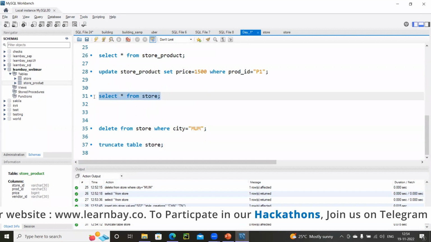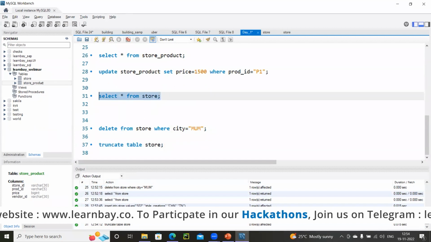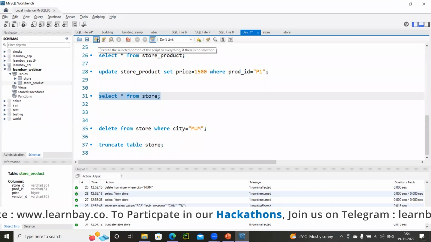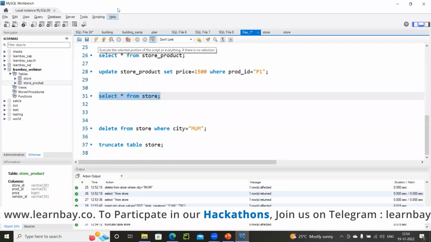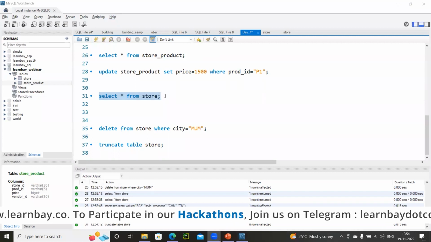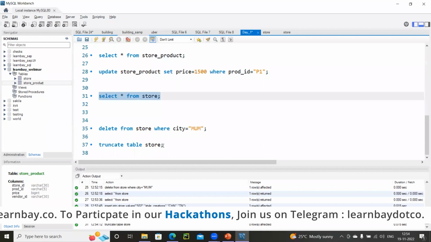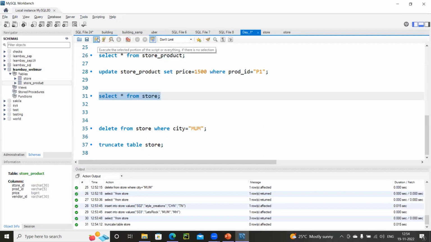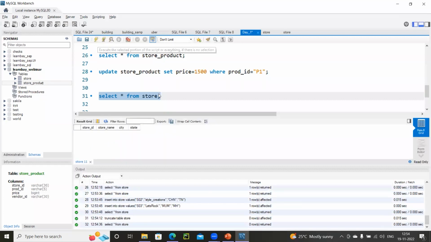Now, if I go ahead and do a select star, will I be able to see all the records or no? Quick, yes or no. I did a truncate. I'm going to do a select star. Okay, Den is saying there will not be any records, and he's absolutely right.